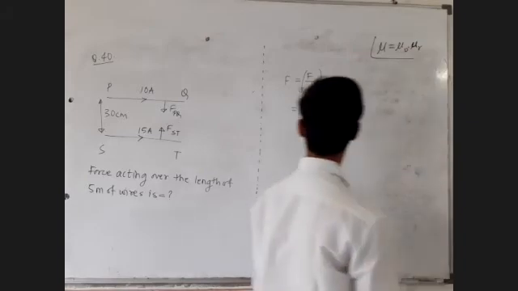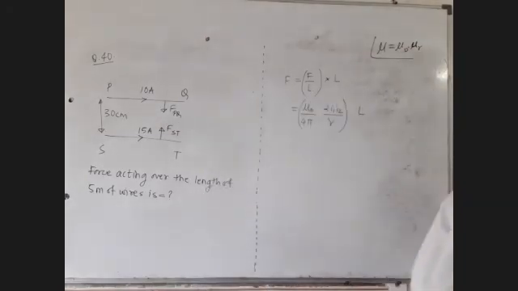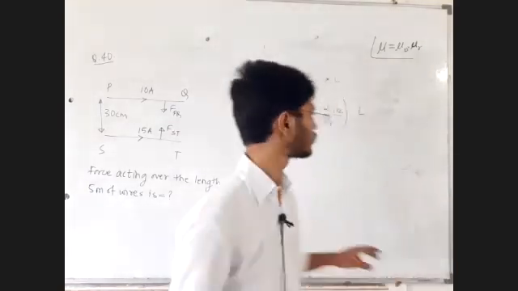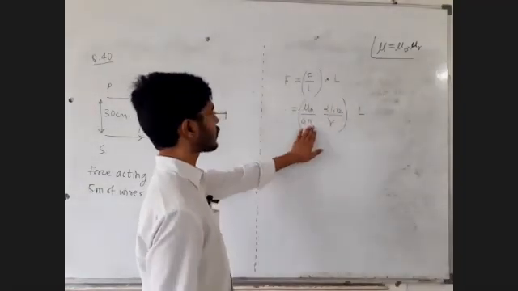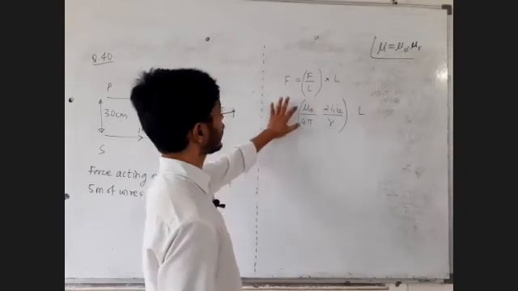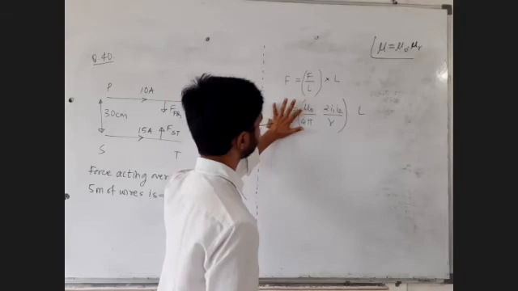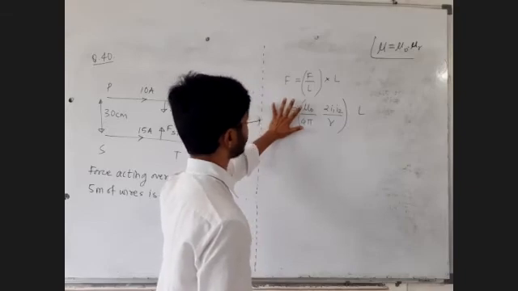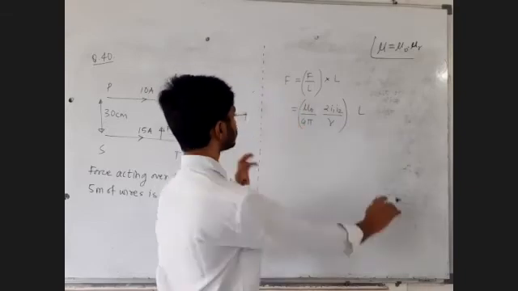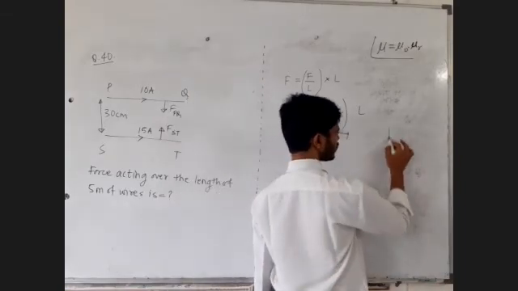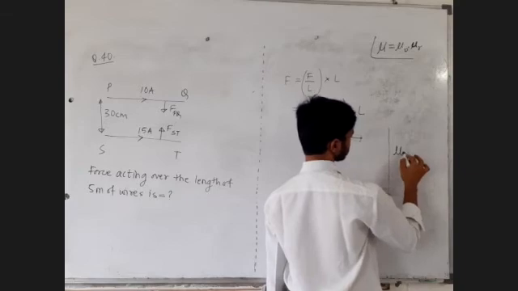But I will check in the options. I have to check whether pi is there in the options or not, so that I can maintain this pi or I can eliminate this pi. I have to check in the options whether they have kept mu 0 or not, so that I can keep this mu 0 or I can eliminate this mu 0. Look kids, the need to eliminate just mu 0 mostly doesn't come, but suppose it does.